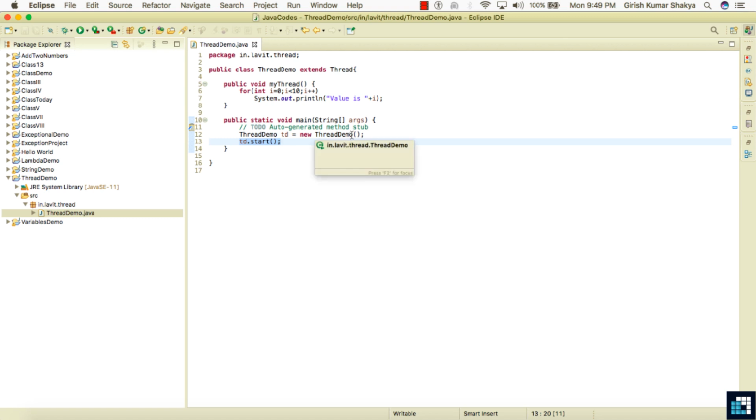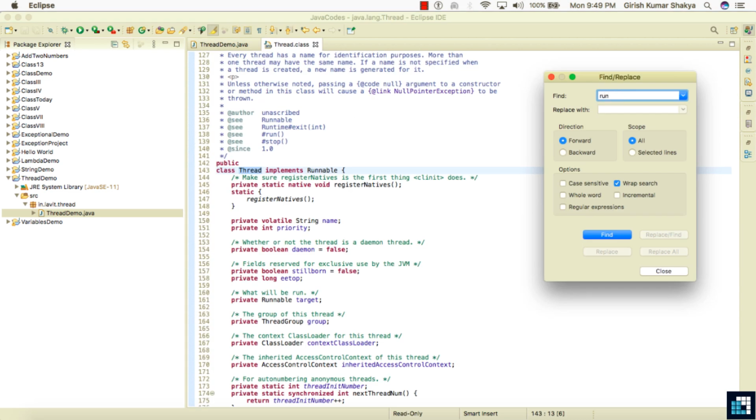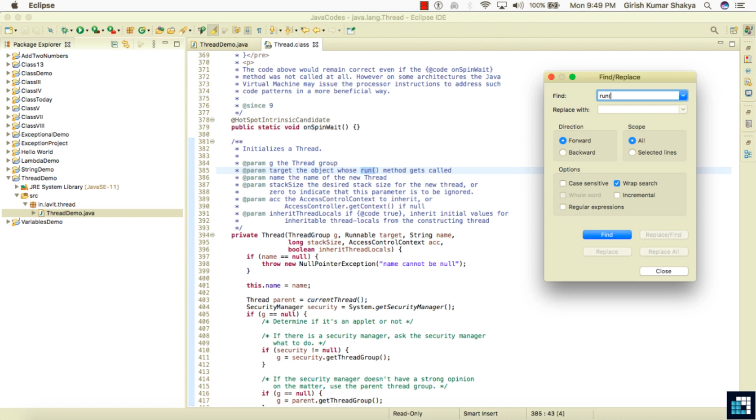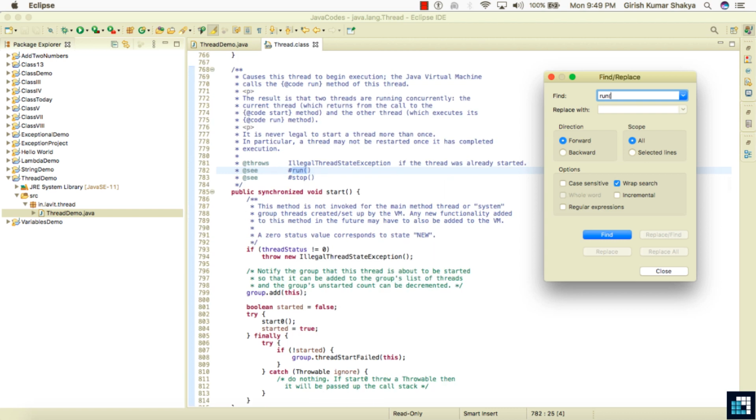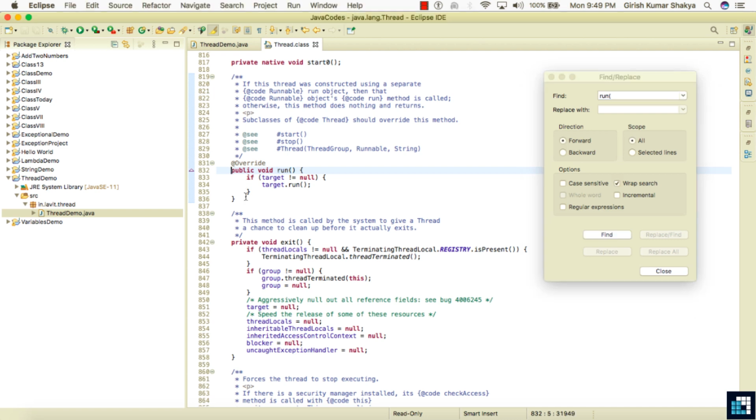Once you call start, it will try calling the method named run. So the start method will call the run method, and whatever you put inside run is going to be the thread of execution.